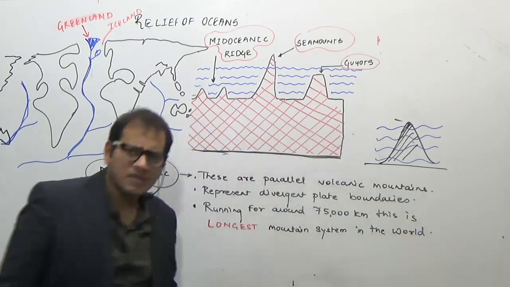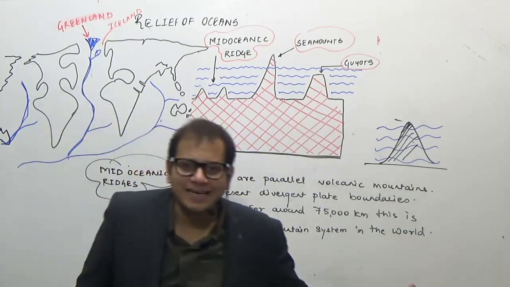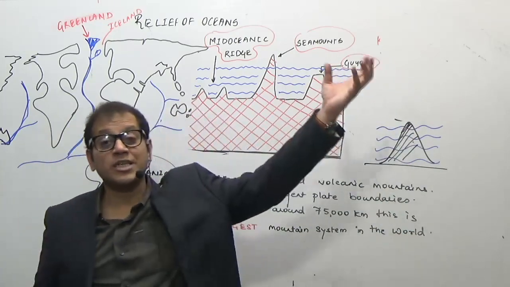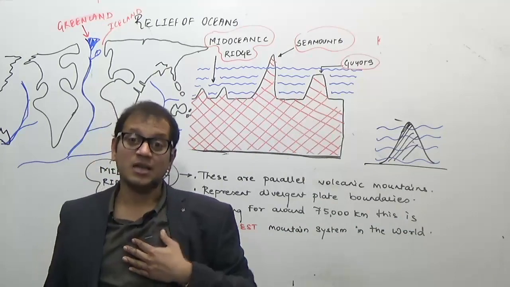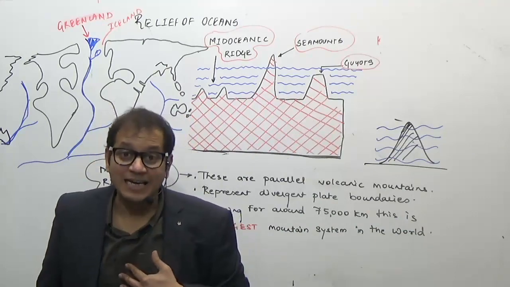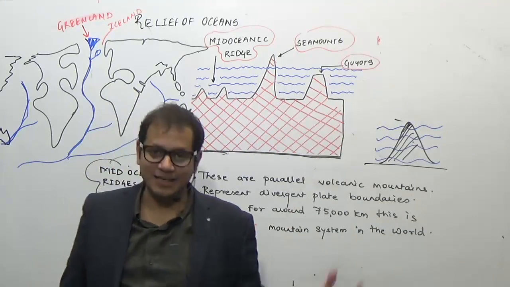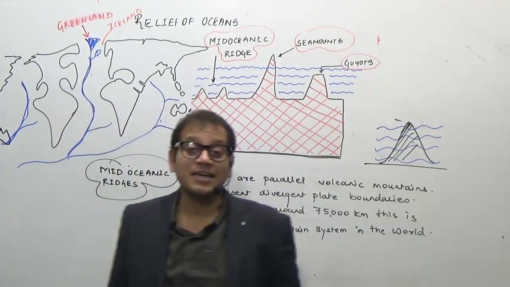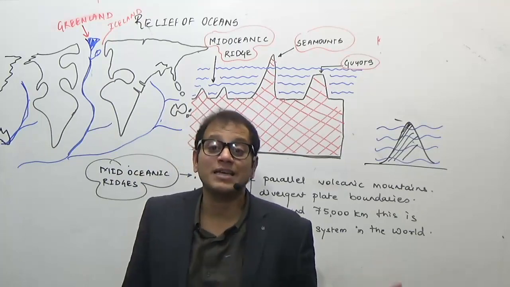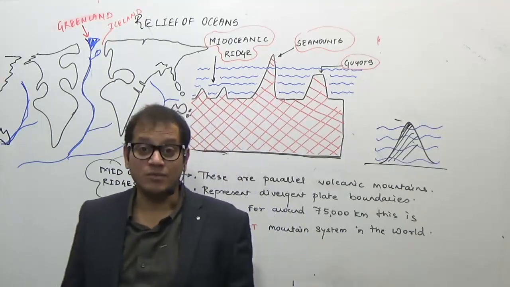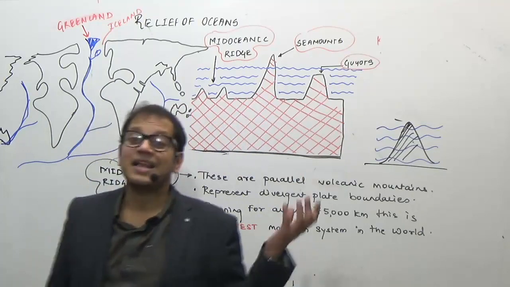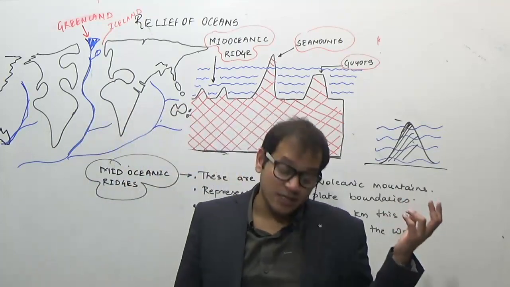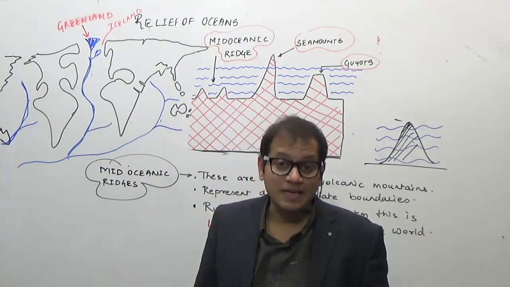Now, sometimes the height of this mountain is so great that they are projected on the surface of the earth above the ocean as islands. The best example is the Greenland region and the Iceland region. So Iceland is an example of a volcanic region, a volcanic mid-oceanic ridge, and therefore, because it is present, it is an example of a volcanic region.